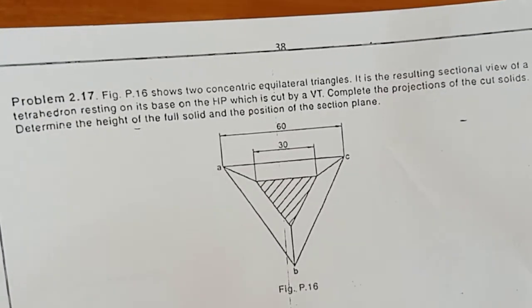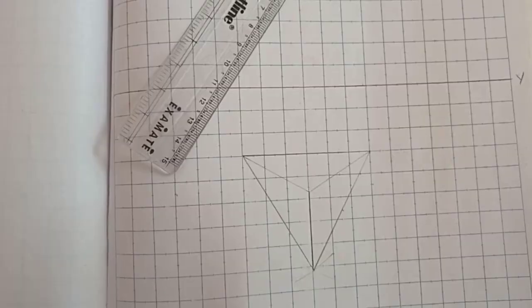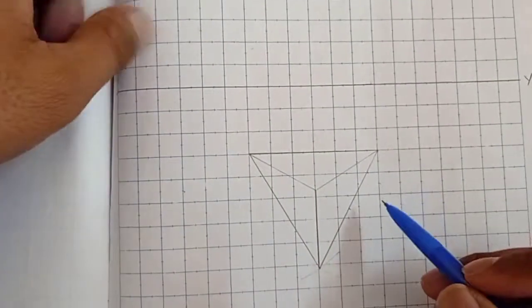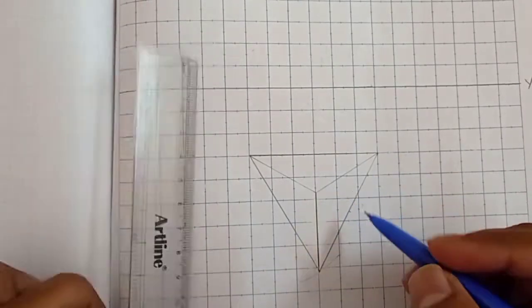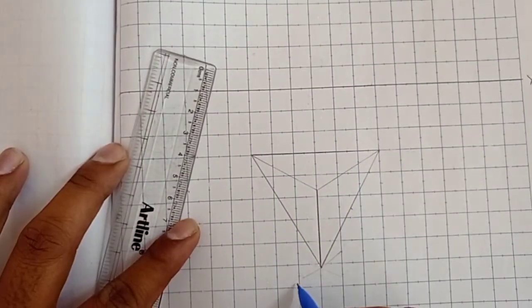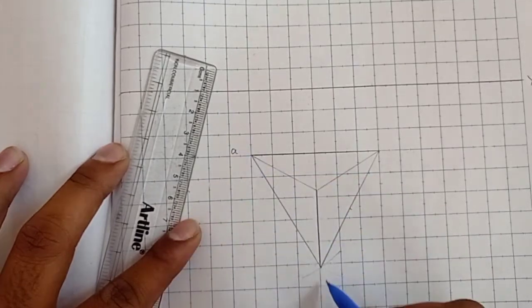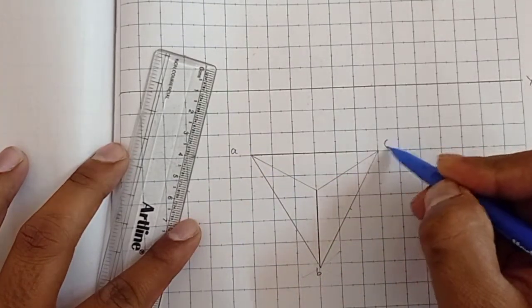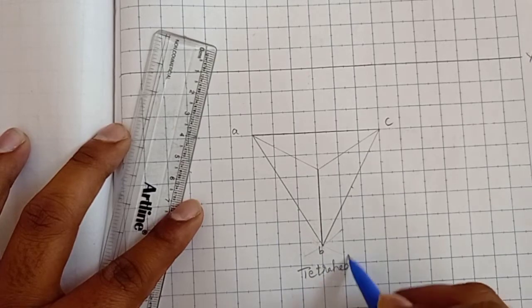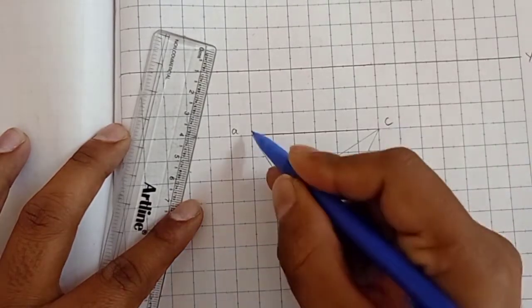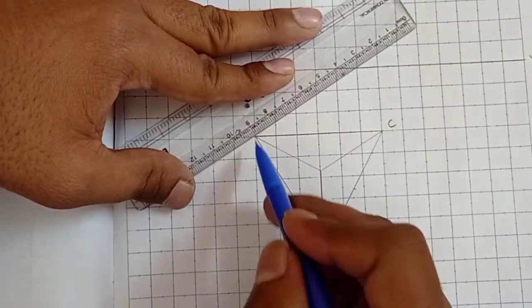Okay, a tetrahedron is given. All sides are equal. So I can start. The base of the tetrahedron is 60 mm, as given. So write the tetrahedron, and write the slant edges. I have already written that one. I am giving the naming A, B, C. So the edges of the base will be 60 mm of the tetrahedron.